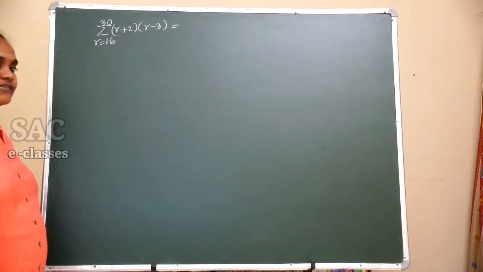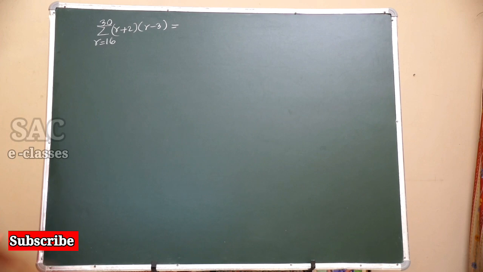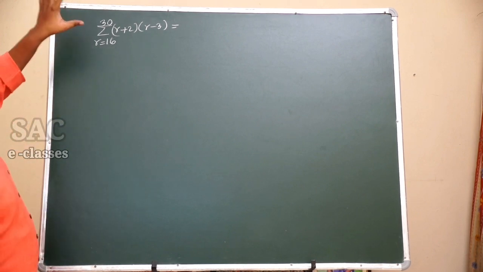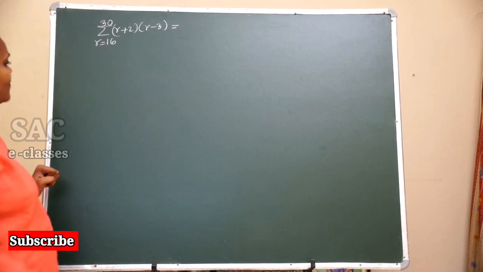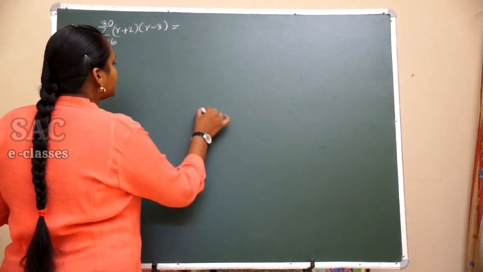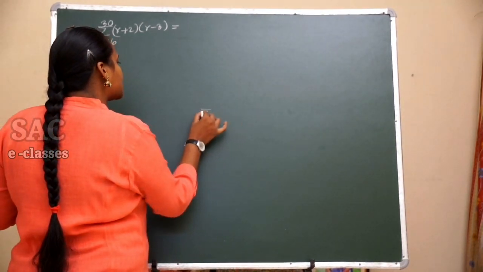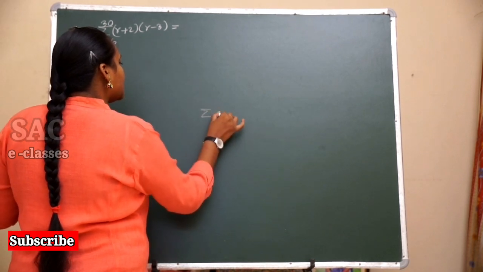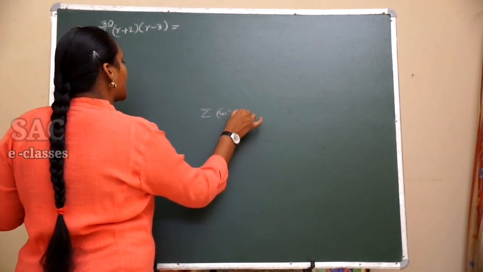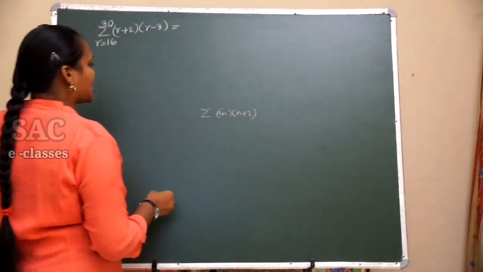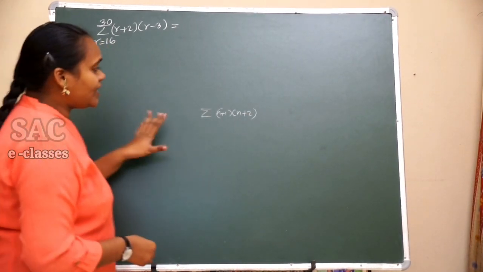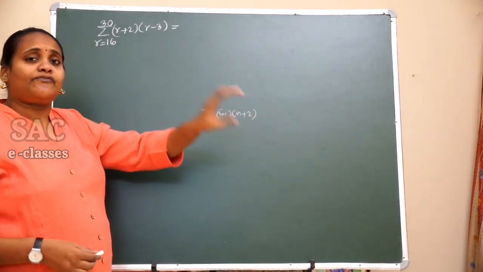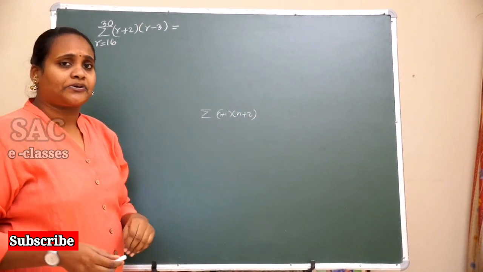Now we are at the 7th challenging problem. This problem seems to be very simple. Usually, whenever we want to find the sum of sigma of n plus 1 into n plus 2, in our second example we discussed. At that time we even discussed the sum of the first 10 terms of that particular series.